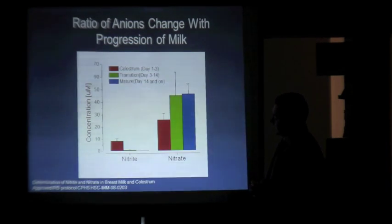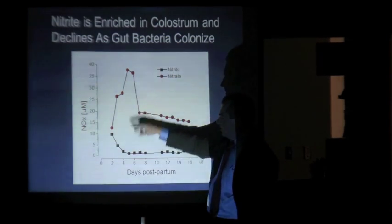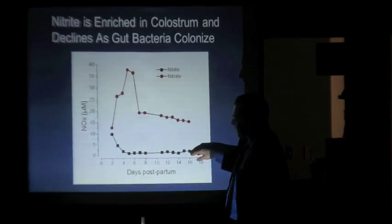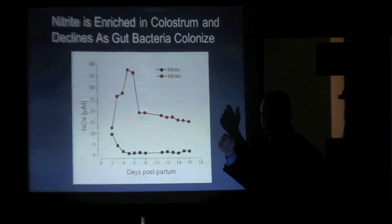And so I convinced a couple of mothers to give us serial samples over a period of 2 weeks. And so this is the average of that. The trend holds that early on in the colostrum you have high nitrite, but then the ratio of these anions change. And when we understand the involvement of bacteria in this pathway, it makes sense, because babies are